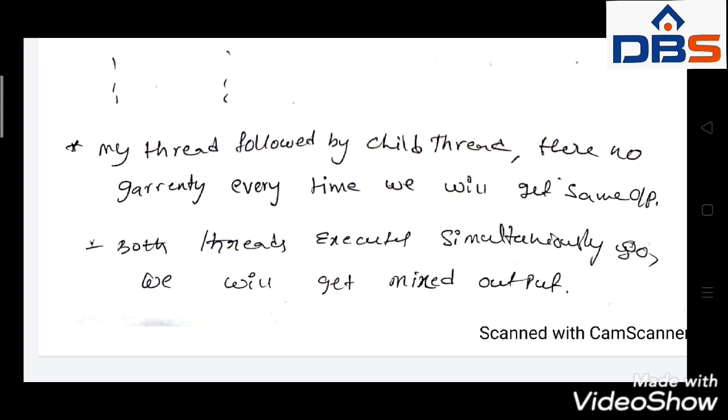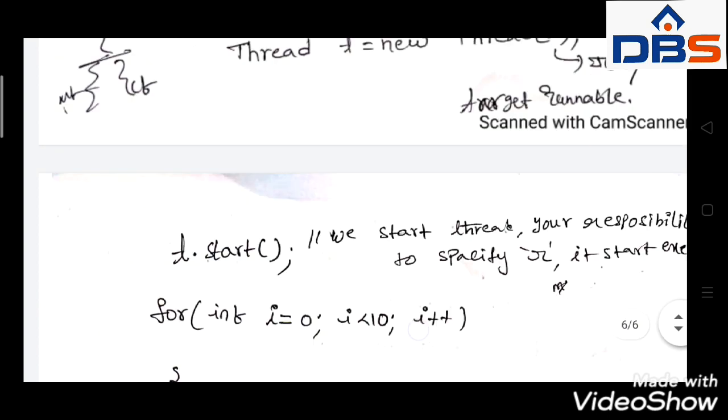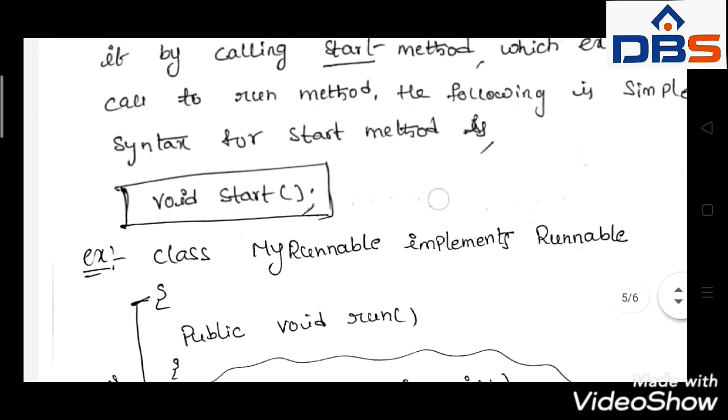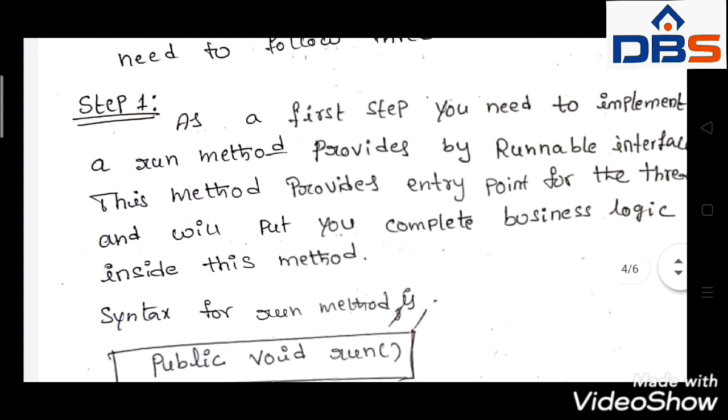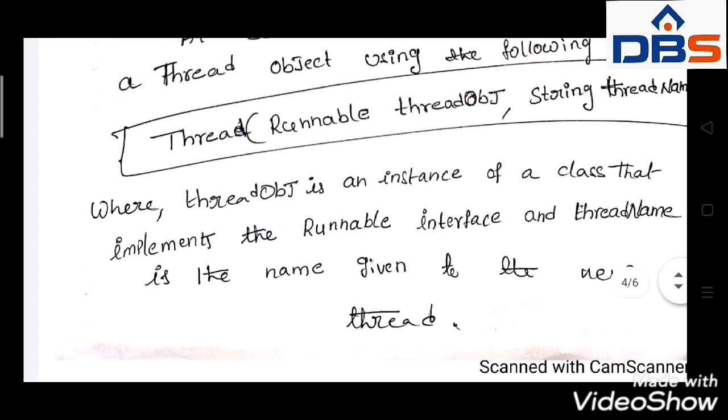Here also both the threads are executing simultaneously, that is why we will get mixed output. So this is the output according to this particular program. You have to understand these programs according to the scenario. We already have awareness of classes, how to create a class, how to create an instance object, and how to interact through the object using inheritance. If you are aware of these concepts, you will easily understand the programs I explained here.